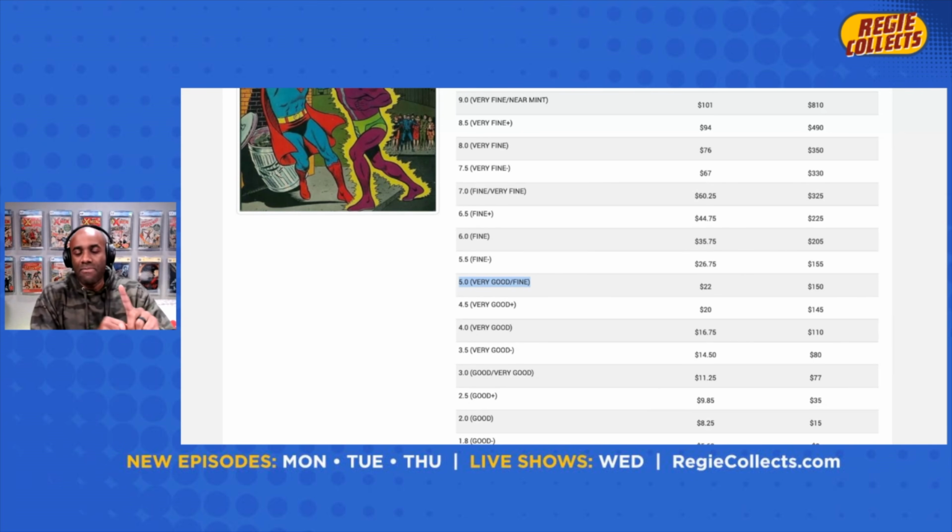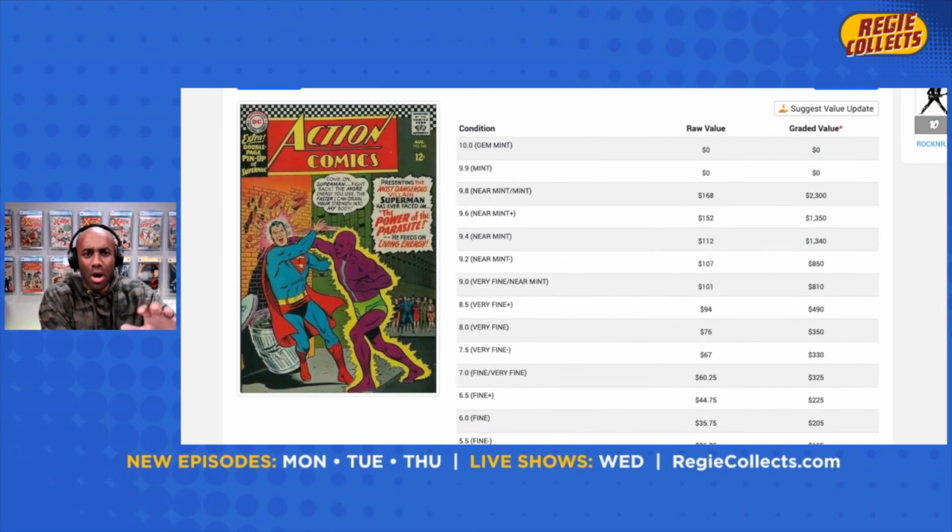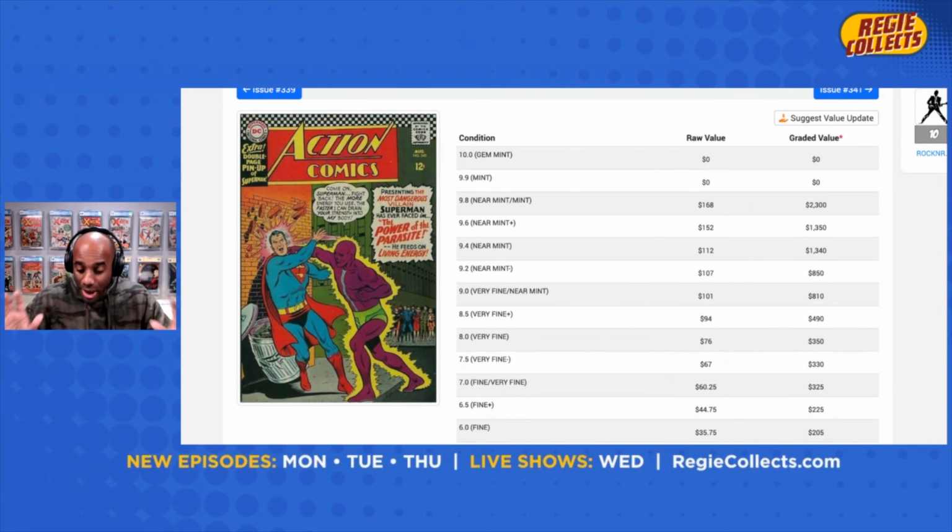The other reason is that, well, there are several other reasons, I should say. The overall census count for this book is low. It is a relatively low census count. There are just a total of 508 copies graded by CGC, period, across all grades, across all labels. That is not a lot of copies, which means that there is not a ton of graded copies, much less